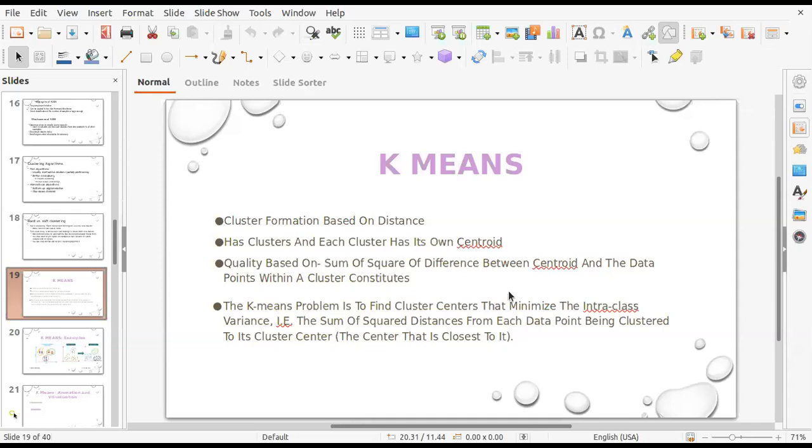Each cluster has its own centroid. The centroid is the cluster center, and it is formed by looking at the attributes of the points. We take all points which belong to that cluster, and we take the average of their attributes.